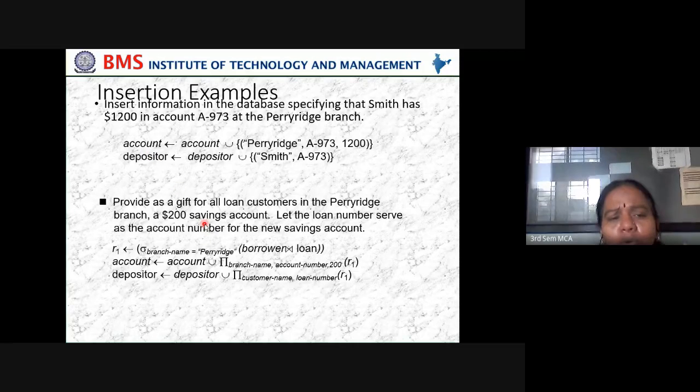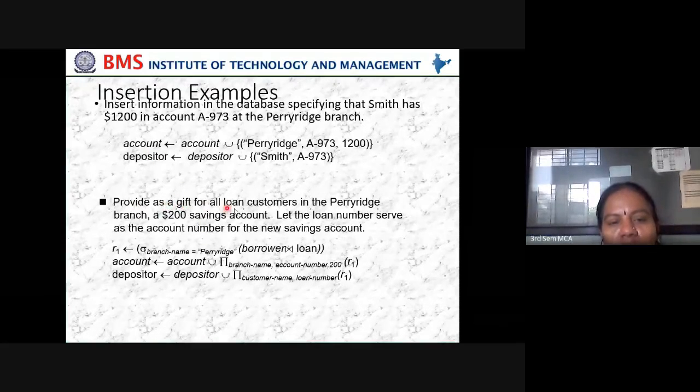Take one more query. Provide all the customers with a loan in the Perry Ridge branch with a savings account of 200 rupees. Let the loan numbers serve as the account number for the new savings account.